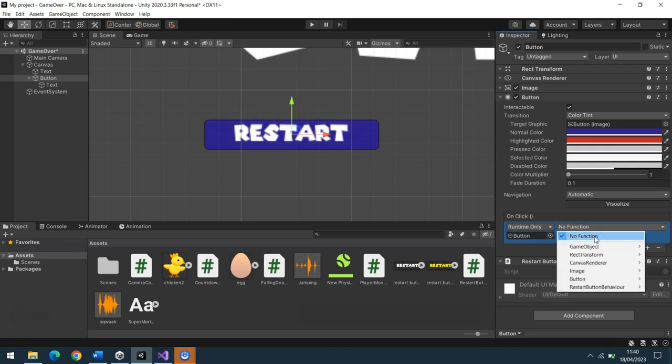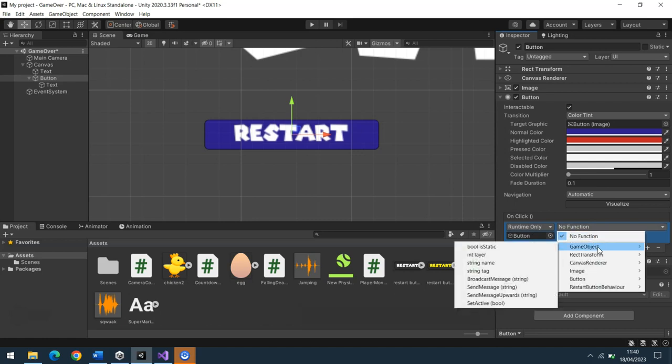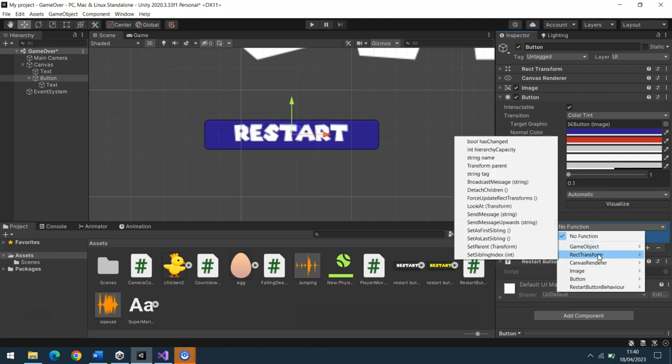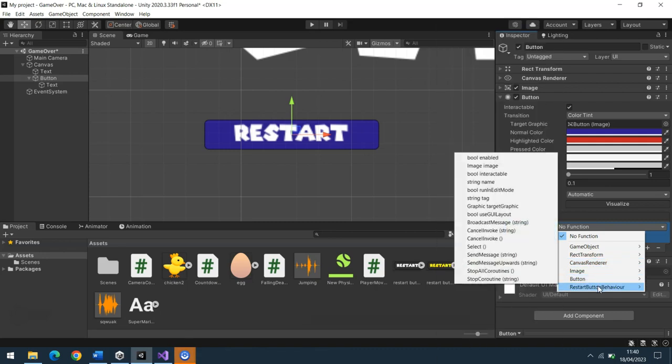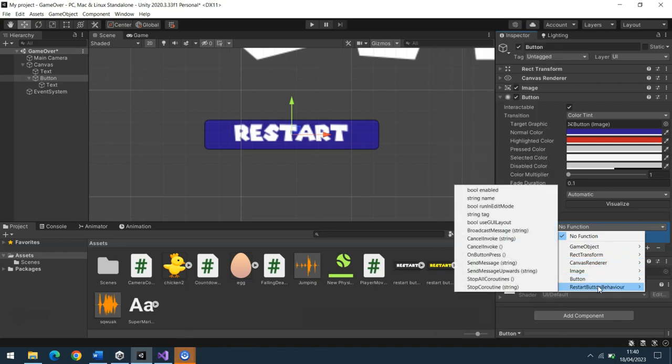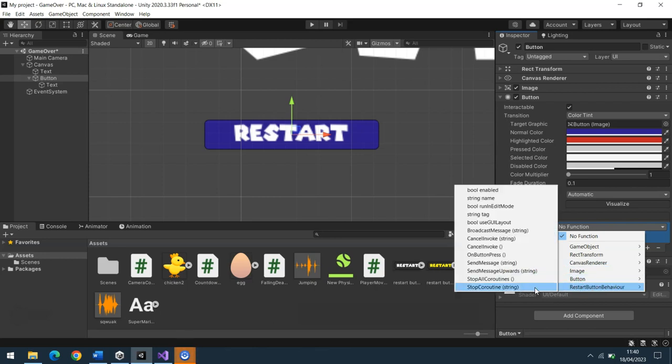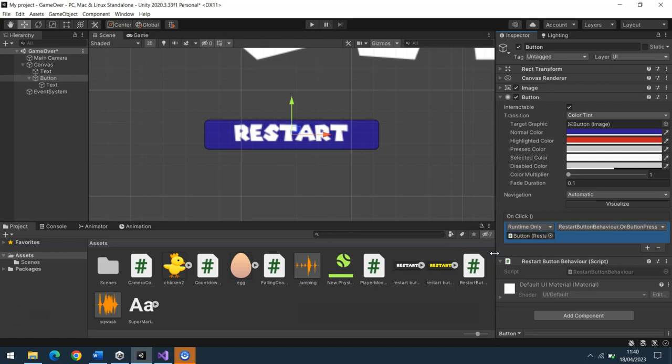And on a no function on game object, I think it's game object, or is it too? I'm looking for the restart button behavior I set up. I've got a feeling it'll be, oh, there it is, restart button behavior, and where's it gone then? A bit of code. Am I being stupid? So on button press, that's what it was called, wasn't it? So it's called OnButtonPress, and hopefully, if I just press save on that, and when I run it,